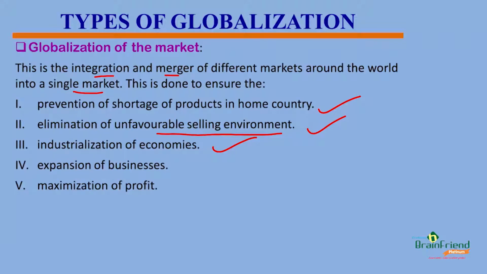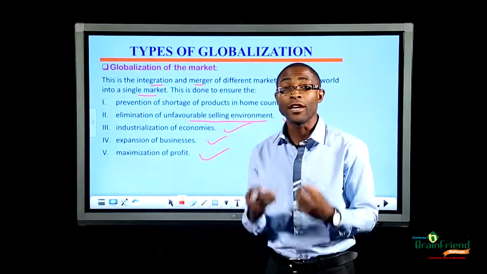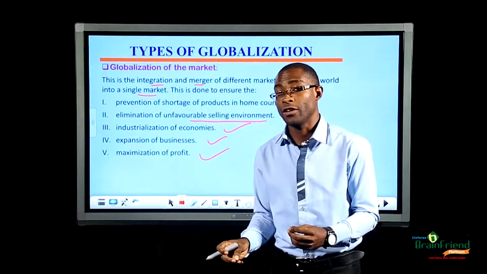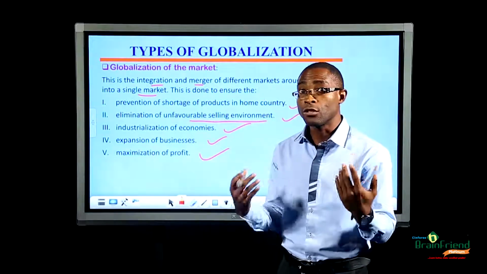The fourth reason why we engage in market globalization is that it aids expansion of businesses. You could actually move your business from country A to country B because there is freedom of trade. And lastly, for this class, market globalization maximizes profit. So you look at which country favors you in terms of production. Where am I going to make more gain? That's where I'm running to. If I know I am going to make gain by selling my shoe in Ghana than if I sell it in Nigeria, of course, because of free trade, I will run to Ghana. That's the mindset of a businessman.